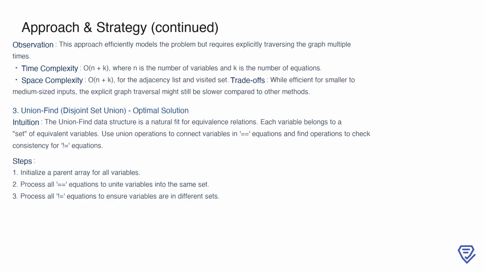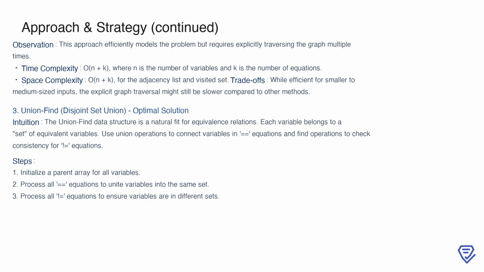The graph-based approach typically has a time complexity of O(n + k), where n is the number of variables and k is the number of equations, and a space complexity of O(n + k) to store the adjacency list and visited set. While this is much better than brute force, it may still feel cumbersome, especially when compared to more refined techniques. To address these concerns, the third and final approach we consider is the union find method,